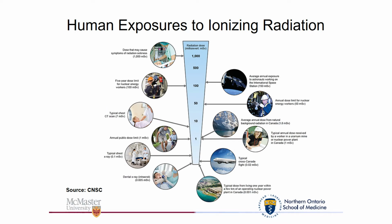So before I jump into my actual research project, I always like to start my presentations with this slide. As humans, we are exposed to ionizing radiation from a number of different sources. This figure highlights examples of some types of exposures humans may be exposed to. The key takeaway from this figure is that the majority of our exposures to ionizing radiation are low